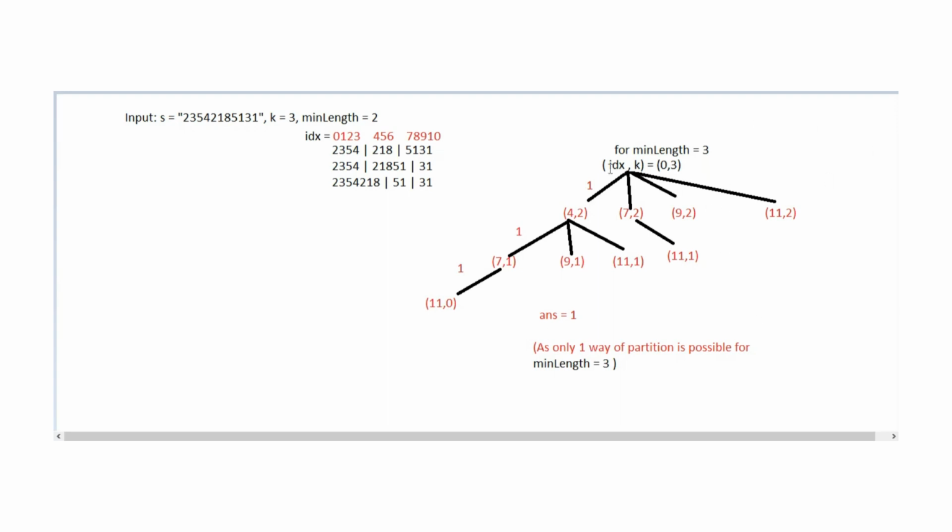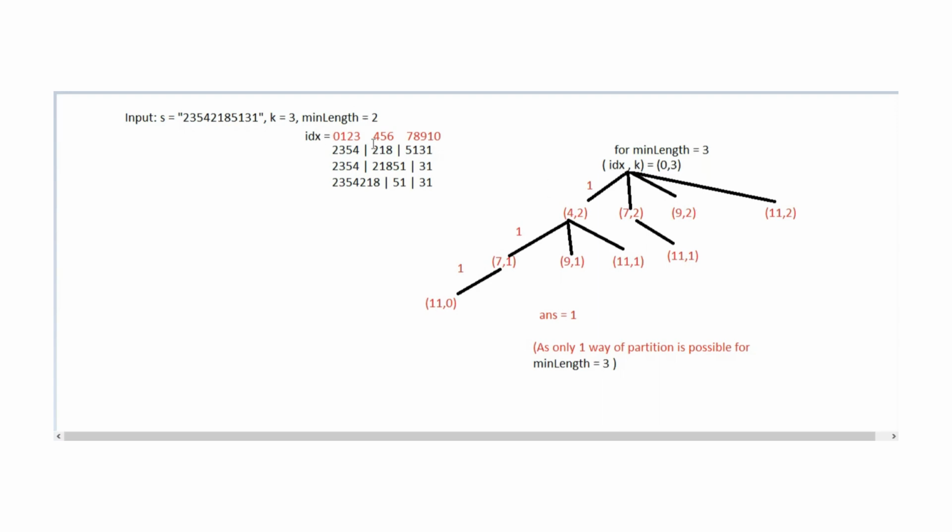So after creating this tree-like structure and analyzing this problem, we come to know that here we can apply recursion. And there is a catch in this problem: suppose we are calculating for 7 comma 1, there might be a possibility that in future we will calculate the same thing again for the string starting from a different index as well.